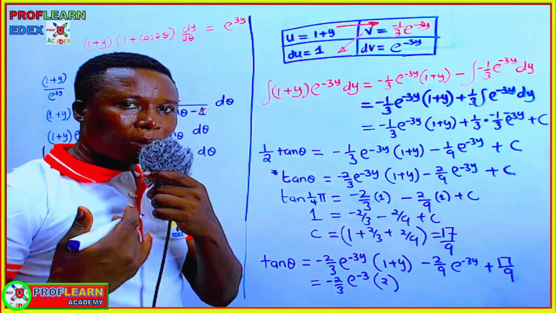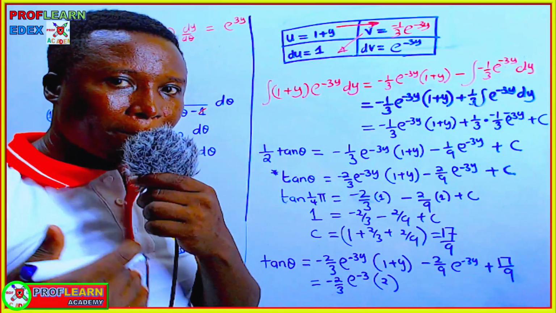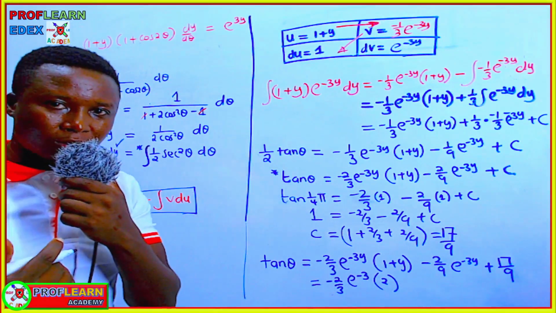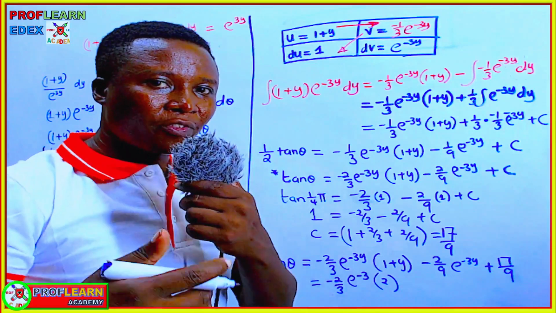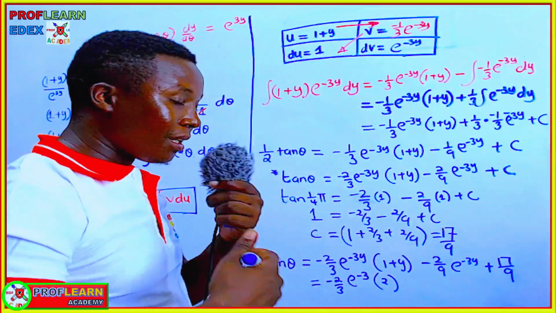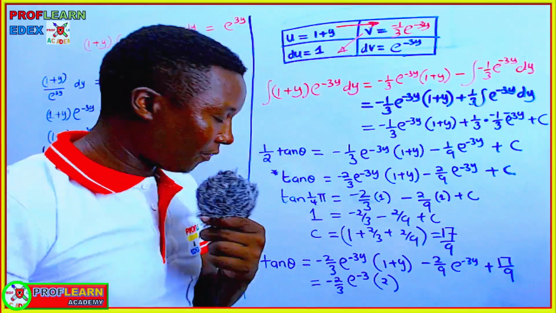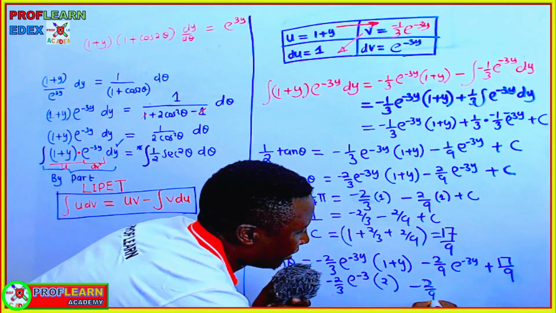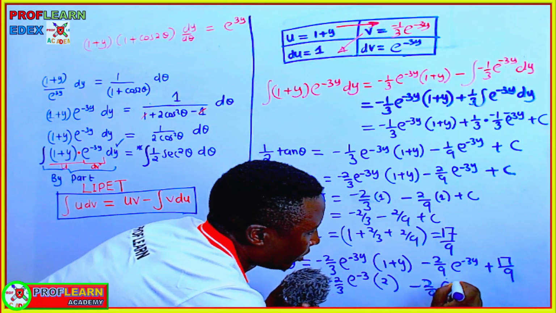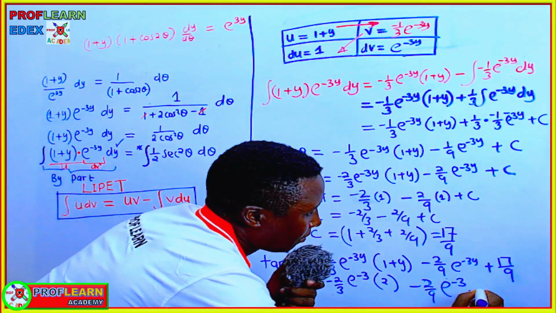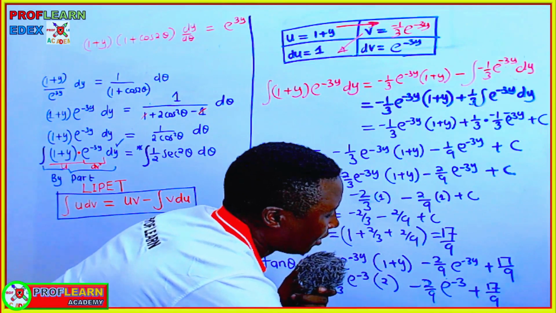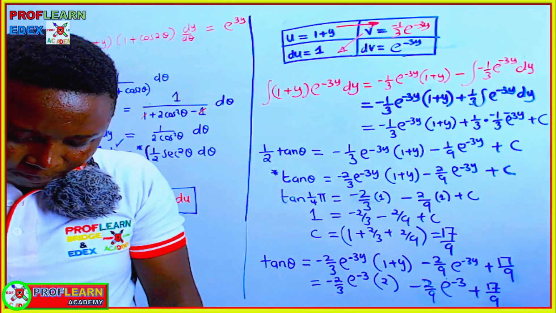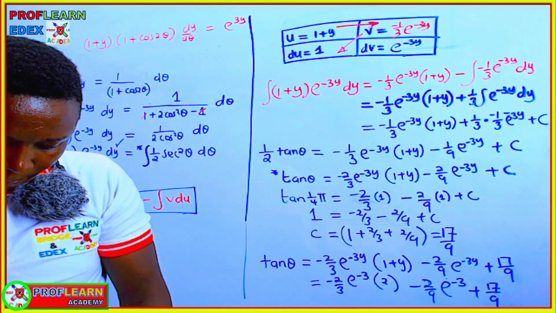So as you are going to approach your exam, as you are going to do your P3 paper, know that you'll be doing questions to do with differential equations. And then you'll be told to solve the differential equation at given boundary values. So this is going to be minus 2 over 9 e to the negative 3, then plus 17 over 9. So if you work this out, you are going to realize that your answer is going to simplify to